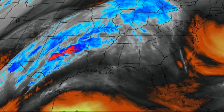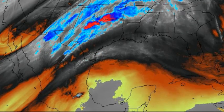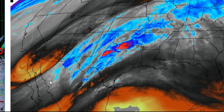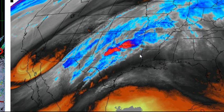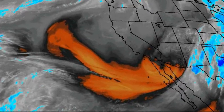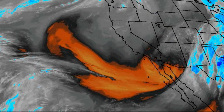All right, let's take a look at the moisture. There's the water vapor imagery, showing that polar front jet all the way down into northwest Mexico, probably coupled with the subtropical jet. I'd be looking for that possibly in that region right there. And that's bringing a lot of mid and upper level moisture up into Texas and Oklahoma. And then just a quick look out west. We've had the troughing move into the backside right there. So this is all part of the cold air mass, and looks like we've got that other system